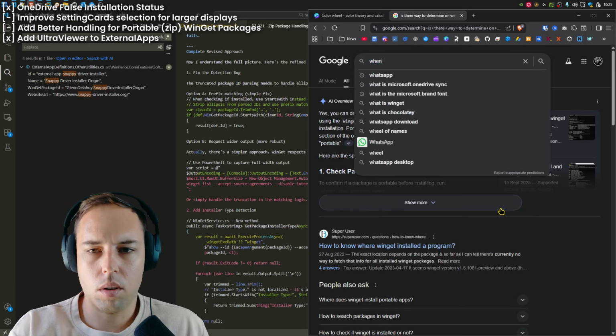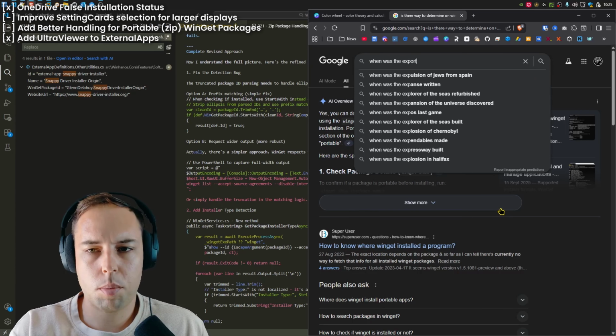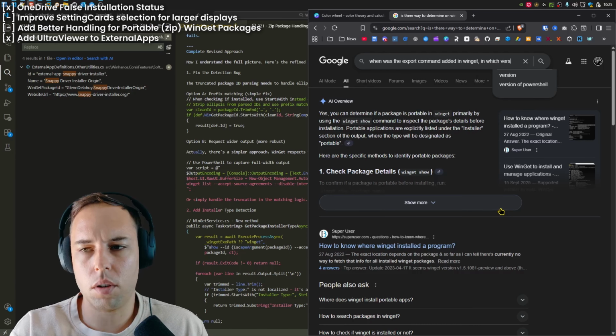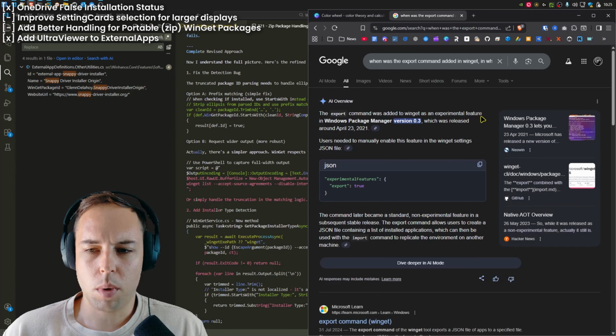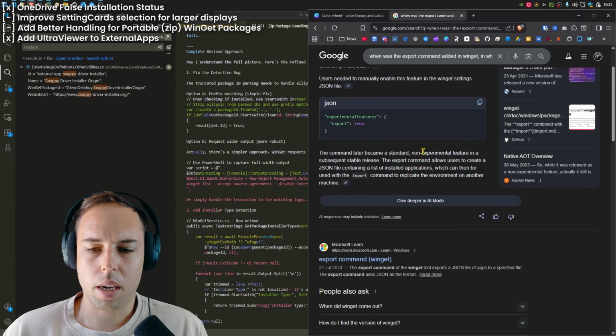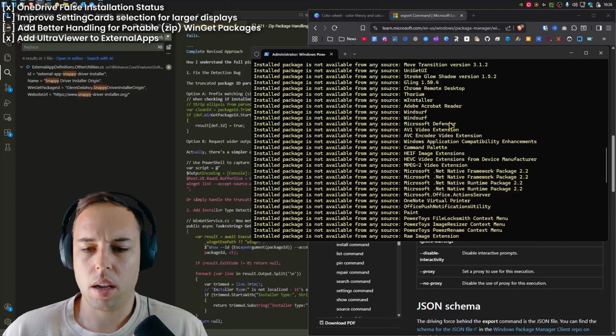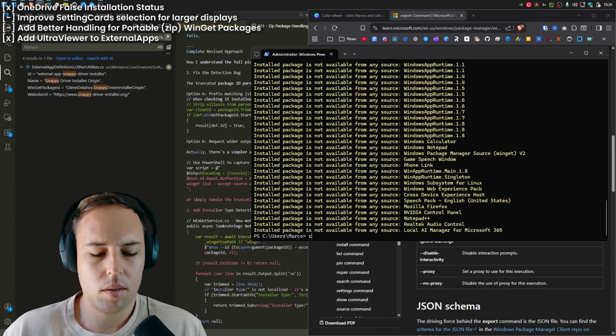Let me just ask Google, when was the export command added in WinGet? In which version? So the export command was added to WinGet in version 0.3, but users needed to manually enable this feature in the WinGet settings. So the command later became a standard, non-experimental feature. The issue with this is it does take a little while to actually export it, but